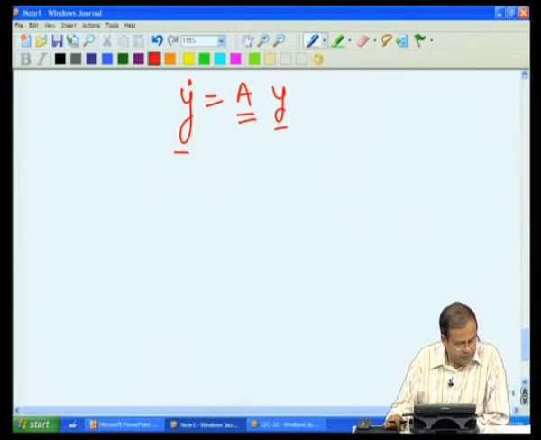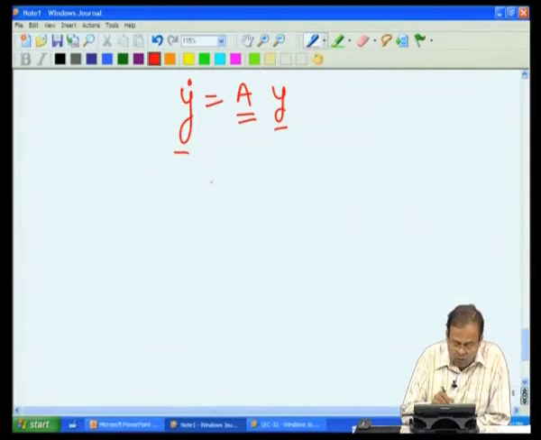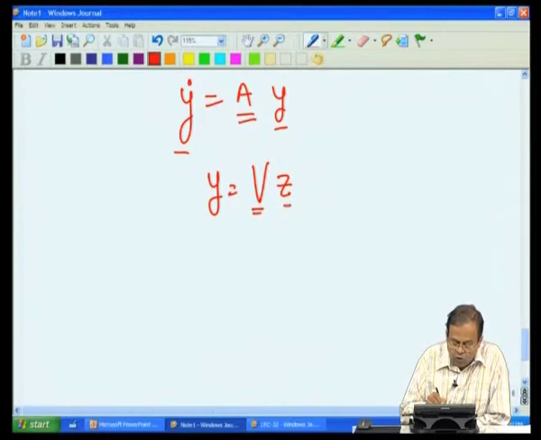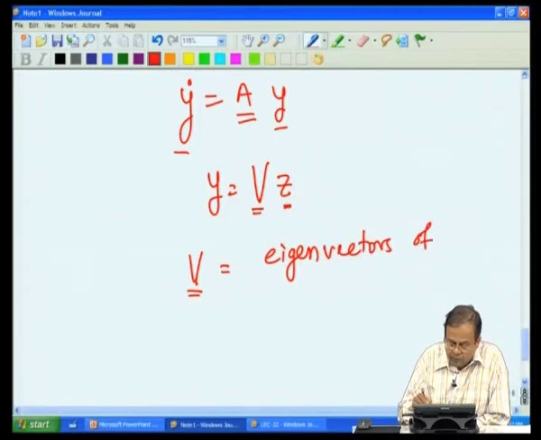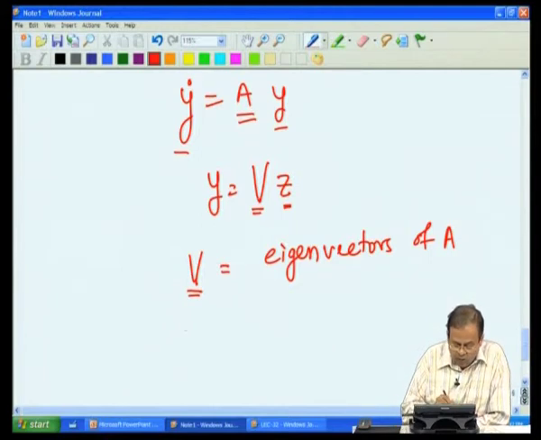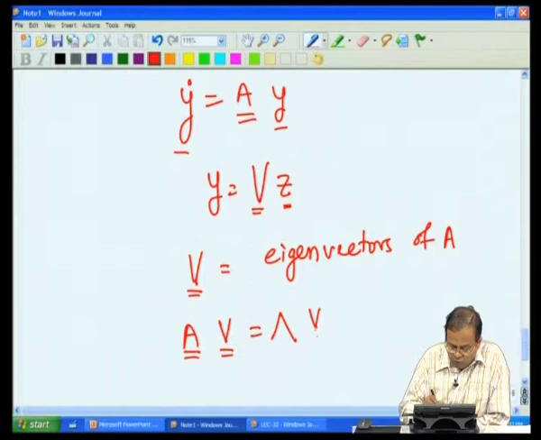Let's define y, and we'll come to that in a minute. What is all this? y as matrix V into Z. What is matrix V? Matrix V is the matrix of eigenvectors of A. What are eigenvectors? Matrix of eigenvectors: given this matrix A, it satisfies this particular condition, right? This you know from your mathematics,